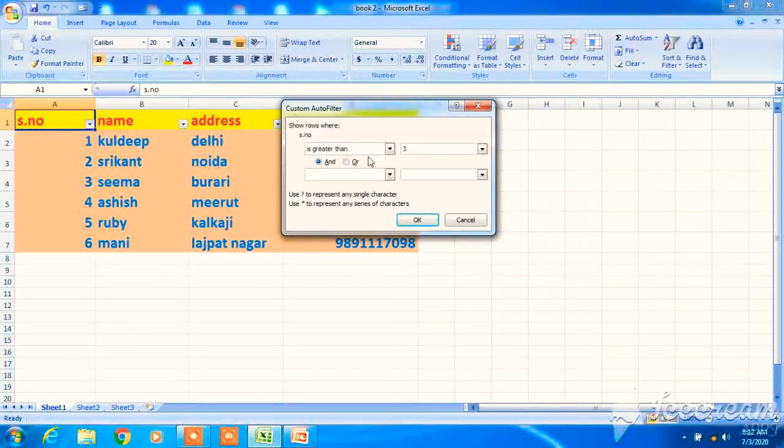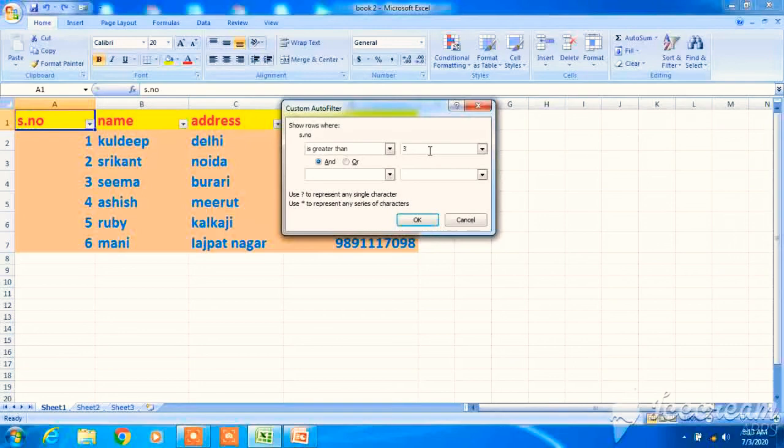So, custom auto filter dialog box will get open, and in that you will apply a condition, right? Look here, we have selected serial number should be greater than 3.